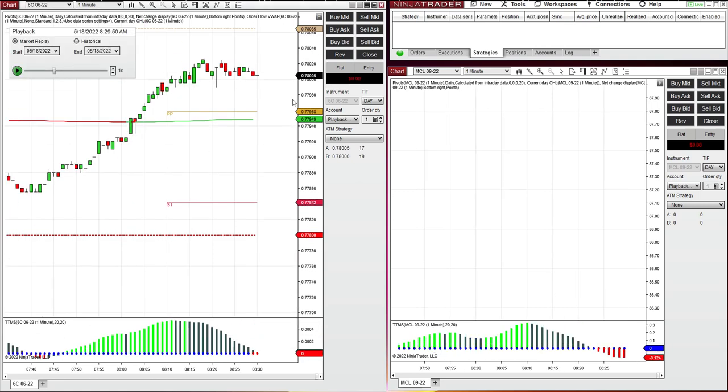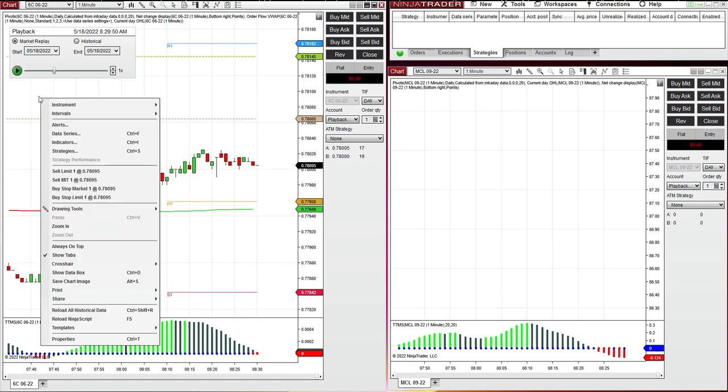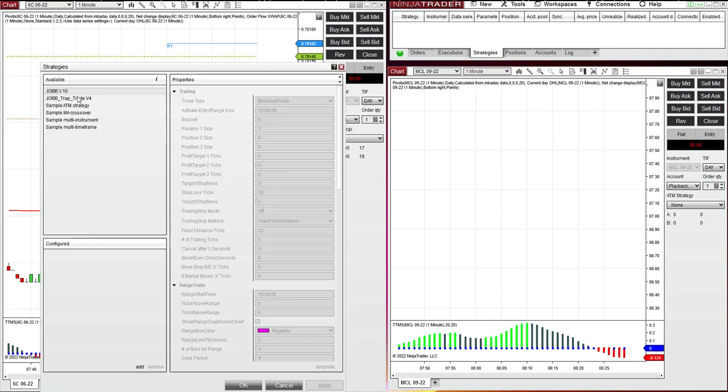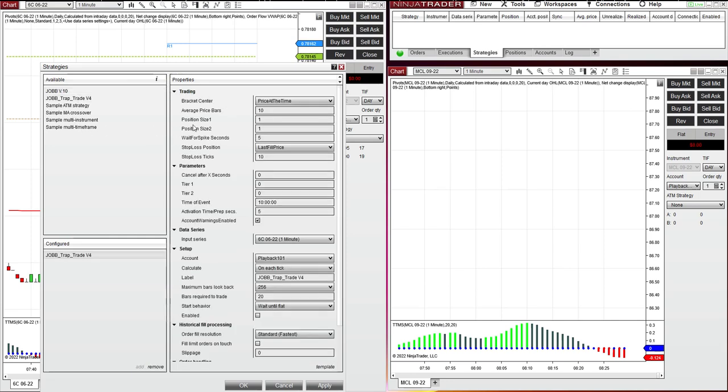And now I'm going to set up my software, just like making believe this is now that date. Nothing is different. Go to strategies, trap trade. What Chantal was saying is add a second contract on position one. The stop, I would go 22. Time of the event is 8:30 Eastern time. Activation, 7 seconds. Account warnings are off.